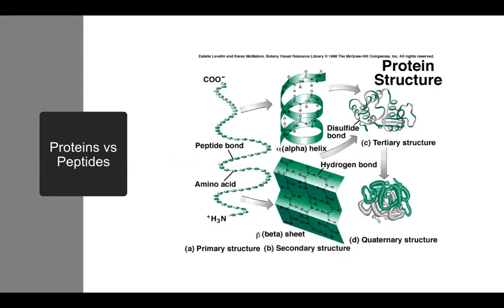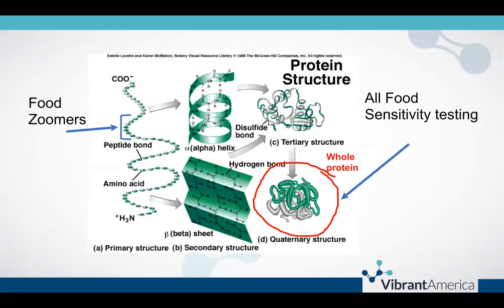Okay, so let's get into this discussion of proteins and peptides to really thoroughly understand exactly what the food zoomer tests are looking at. So in this picture, we have the primary, secondary, tertiary, and quaternary structures of a protein. What that means is that every single protein in nature, think about everything that makes up humans, from head to toe, our hair, skin, nails, cells, eyes, organs, blood, etc. Absolutely every structure in our body has protein involved in some way, and in nature as well. So we're talking about plants, animals,